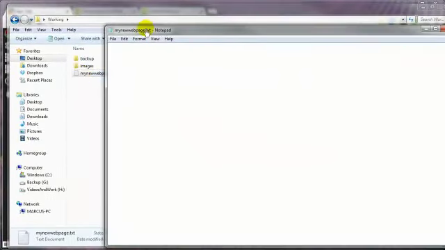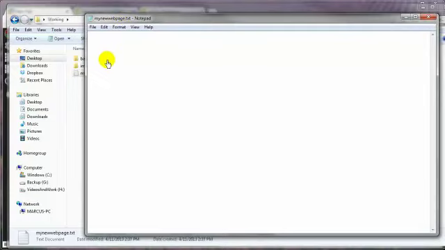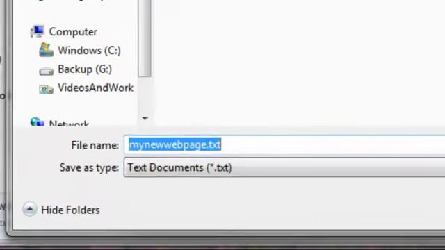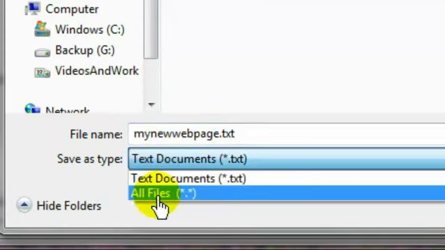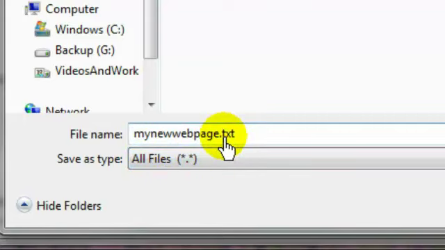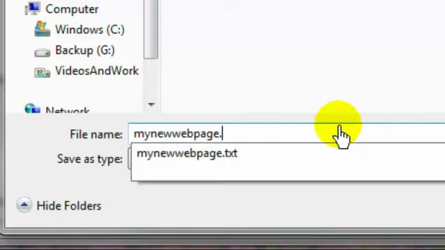Now, let's go ahead and make this a web page, technically speaking. You can see right here it's .txt. We need to save this as an HTML or HTM file. So go to File, go to Save As. And with Notepad, you want to first come on down here to Save As Type and make that All Files, and then change that .txt to